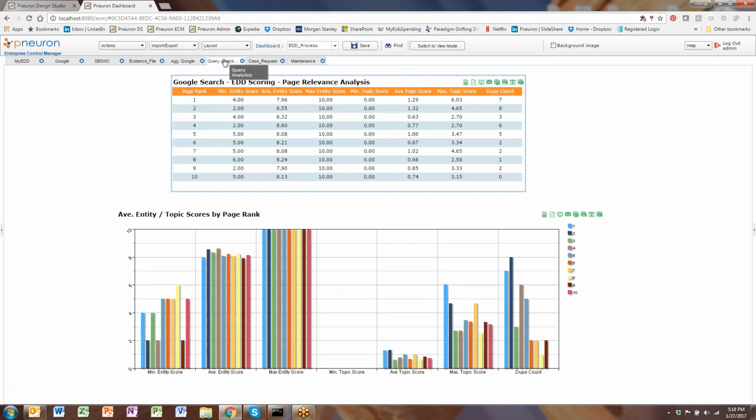As we review the various analytics that were developed for the Google queries, we can draw two important conclusions. First, the PageRank score for the various search strings in this example produce a fairly predictable and high entity score for the various pages because both Google and Pneuron are scoring based on the same first, middle, and last name fields. Second, and even more interesting, is the less predictable results when we also evaluate topic keywords within the content of the individual pages. In this example, the match scores do not smoothly decline in importance as PageRank would suggest. This indicates that those supplementary keywords play an important role in reprioritizing the order in which analysts should review the